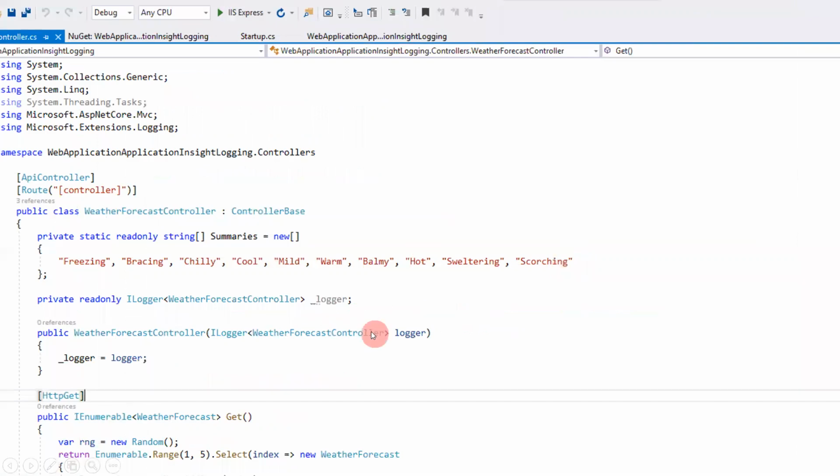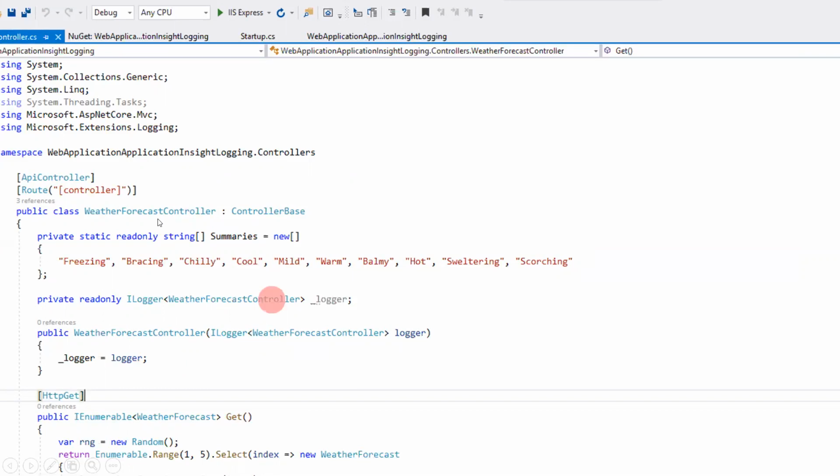See, when I created the project, the WeatherForecastController class got created by default. So in my case, I will try to log something in application insights from this class. So what are the steps for that? We have to inject ILogger services through the constructor for the class from where I want to log.